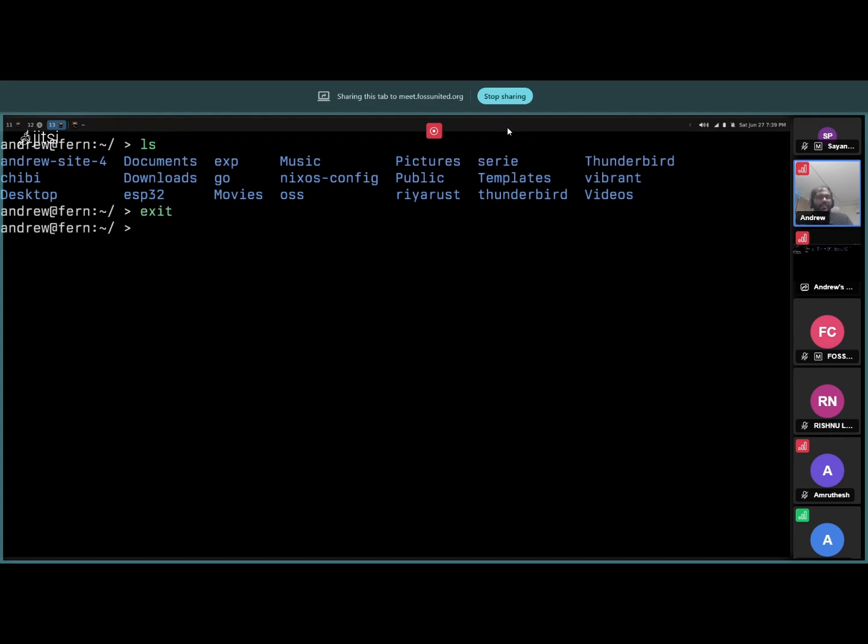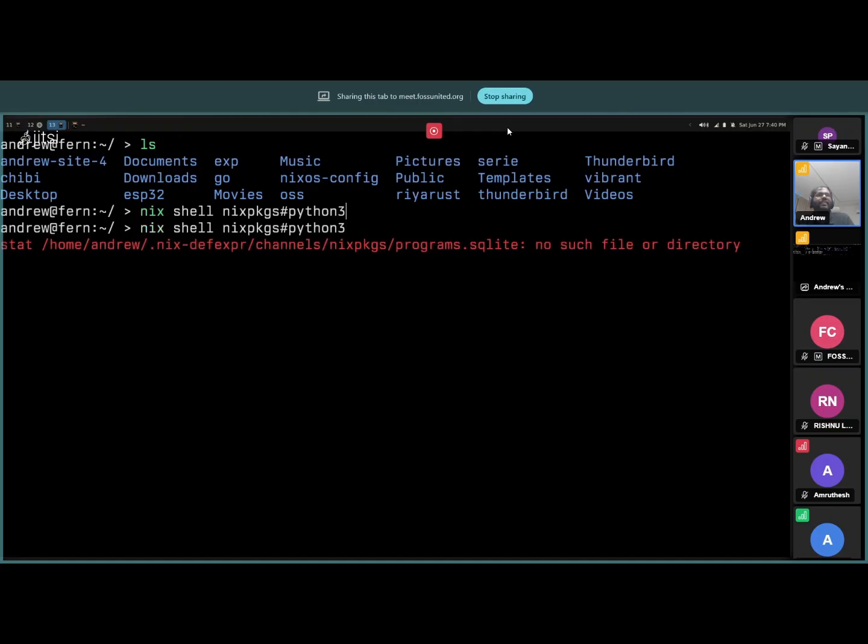You can even do another thing. Again, as I said, this is not installed in my system. So what if I want two versions of Python at the same time? I can do something like nix shell, nixpkgs, Python. Now Python packages are a very complicated thing, because in Python they can break programs between Python versions. So let's say I have Python 3.14.